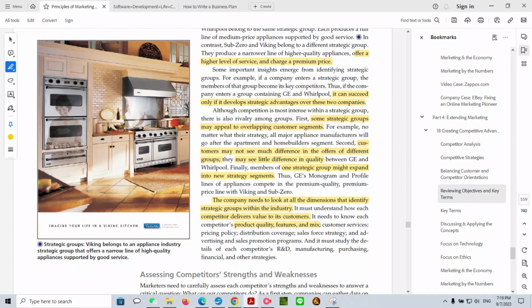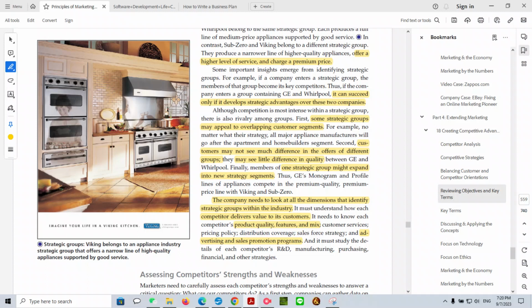The sales promotion, that's relating to advertising. It has the marketing campaigns, that has promotions for short run sales. So if we're talking about sales force strategy, if we're talking about the creation of short run sales campaigns, then we could see that. And it must study the details of competitors' R&D, which is research and development, manufacturing, how do they manufacture, purchasing, where do they get their products from, that's your supply chain, financial, this could involve many other things. With financials, that could be how much money, what are they spending their money on, what are their investments, etc. And then there's other miscellaneous strategies that could be added to it as well that's not covered